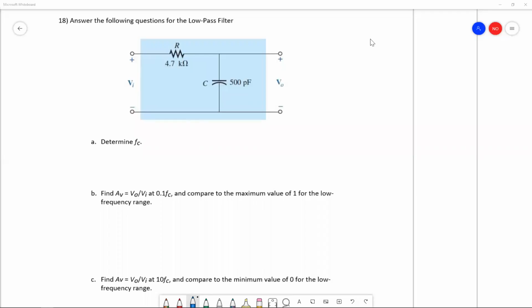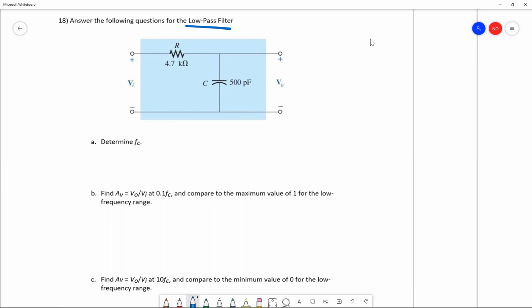Okay. So we're going to be doing problem 18 of the EE301 12-week review packet. Let's get started. So this problem concerns a low-pass RC filter. Now this problem actually just tells you it's a low-pass filter. But in case they told you to determine it on your own, the way you can figure that out is